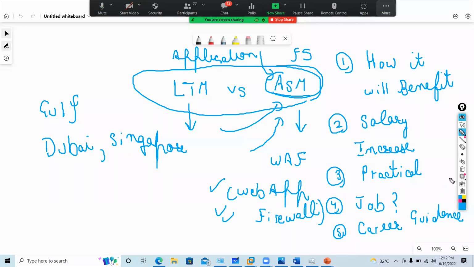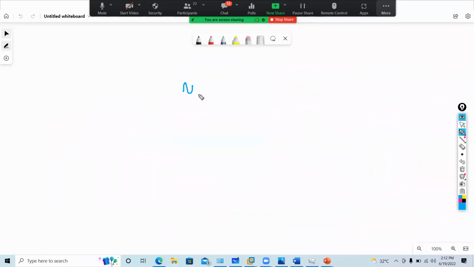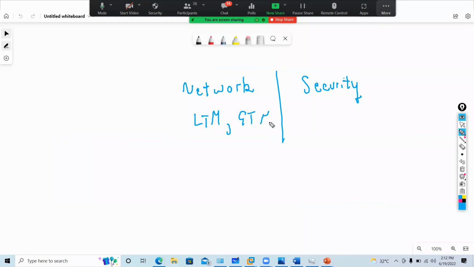Nowadays, even if you are in a network background or a security background, you require knowledge of LTM, GTM, and ASM. GTM is totally a DNS solution, which I will not talk about, but LTM and ASM go together.